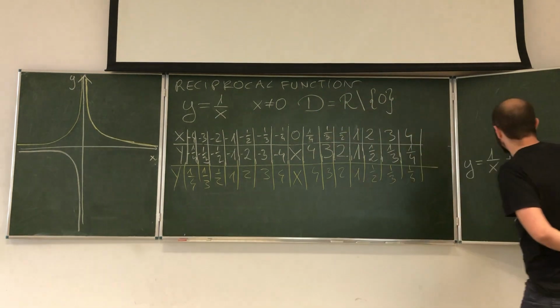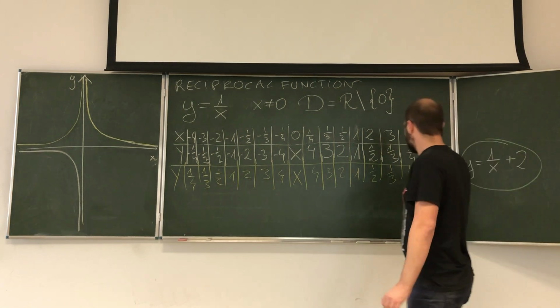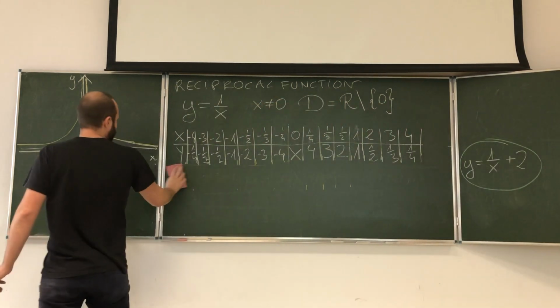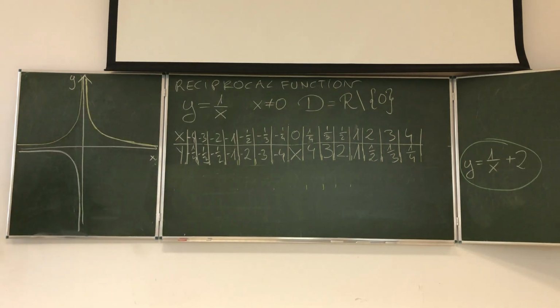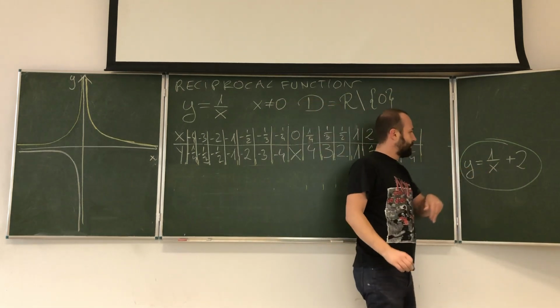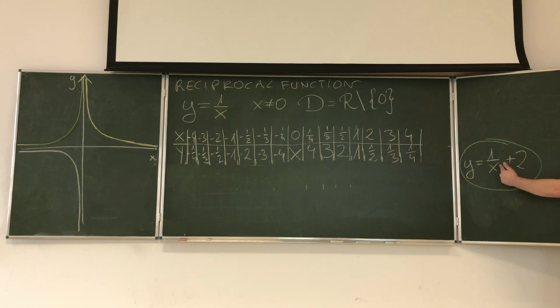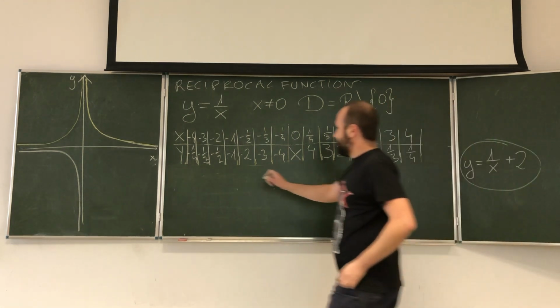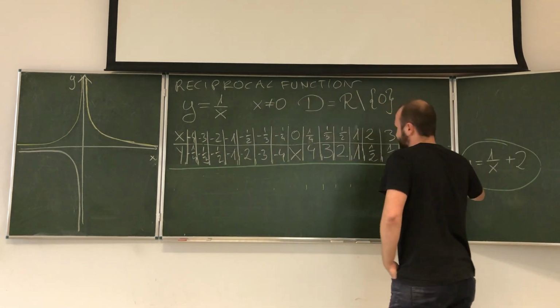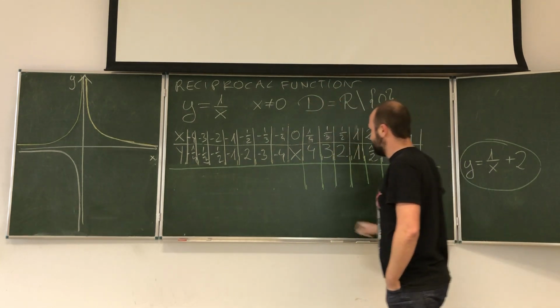Let's just say we're going to do this one in Greek. So, as you see, we've added a constant 2 at the bottom. So, what is happening is that now every value of the function that we had originally will be higher by 2. So, if we're going to make a table out of it, what I should do here is to add 2